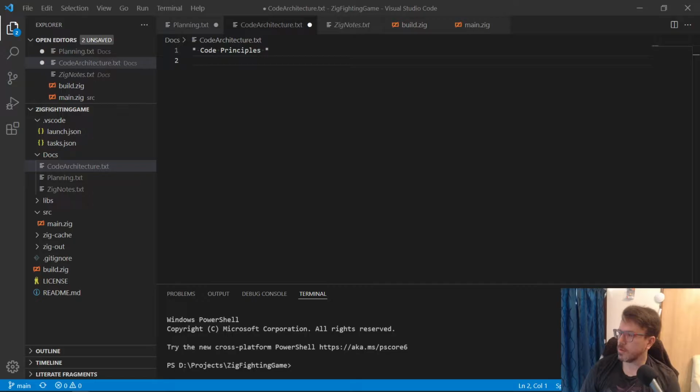The high-level goal of this game is basically just to teach people how you would put together a fighting game. It's going to be close to a real-world game. It could be using something like Raylib, right? I'm sure you can release games with Raylib. I'm sure people have. But anyway, the first thing I want people to realize about this project is we're going to be writing the game not in an object-oriented way.